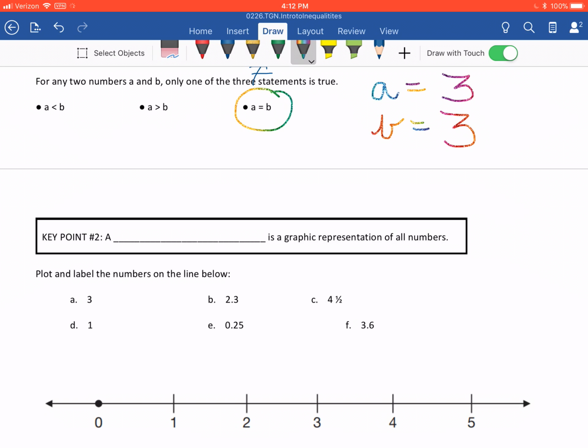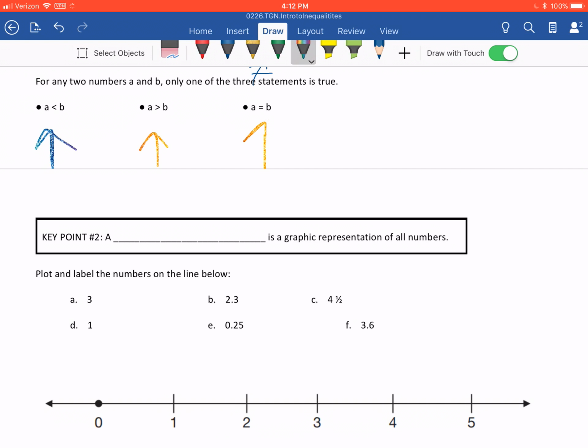So this is just telling us that in any situation, for any 2 numbers in the entire universe, only one of these 3 things can be true. This one can be true, or this one can be true, or this one can be true, but not all 3, not even 2 of them, just one at a time. Only one. This is going to be important as we move into our number lines, and you will find out why in a moment. So let's go ahead and take a look